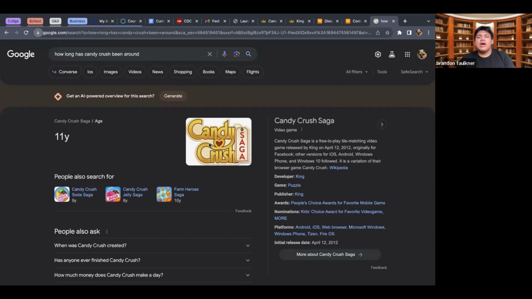So the King Company has made quite a profit off of their Candy Crush Saga game because of the wonderful noises, wonderful music, wonderful different types of candy that you can play with. And you don't really ever seem to get bored of it because the levels change each time you level up. There's a new challenge for you to complete. There's something to challenge your brain, and it's really good at problem solving and trying to figure out puzzles.